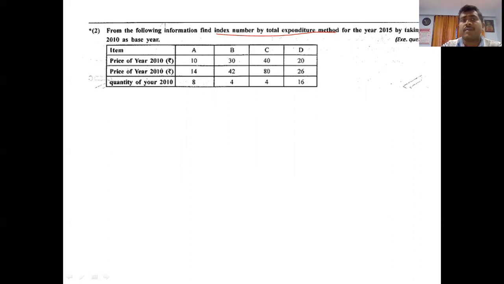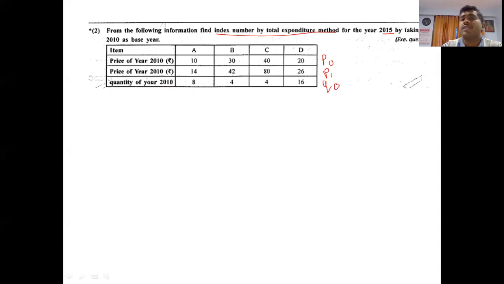So now we are analyzing what information is given to us. Price of 2010, price of its quantity, right? Price of 2010, price of the year 2000, again 10. There is some confusion, the question has a mistake. Quantity of the year 2010 is here. So it's okay, sorry. Price of the year 2010, so it means P0, obviously. Now you can see it again gives the price of 2010. Obviously there is some mistake. So it's not the price of 2010, it's the price of 2000, this one, 15. So what is this? That is P1. Now the quantity of the year 2010, this is Q0.